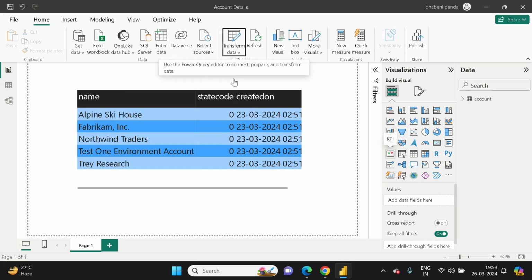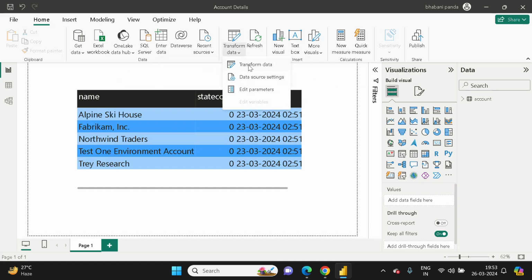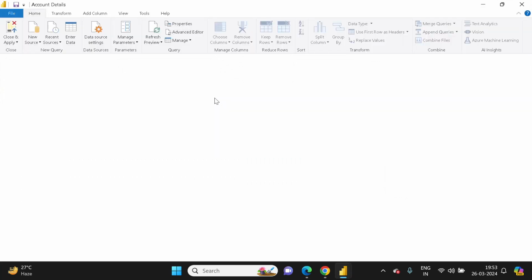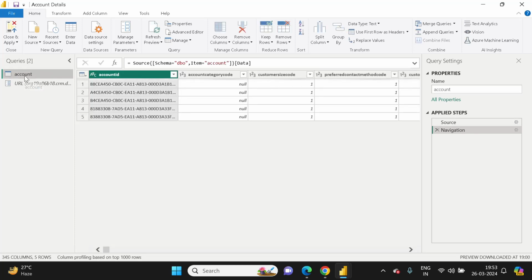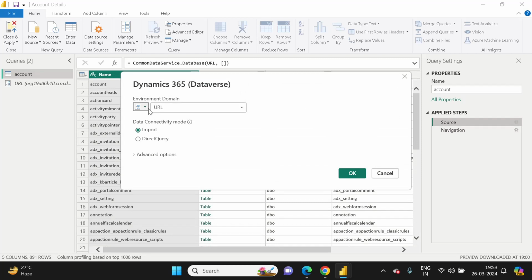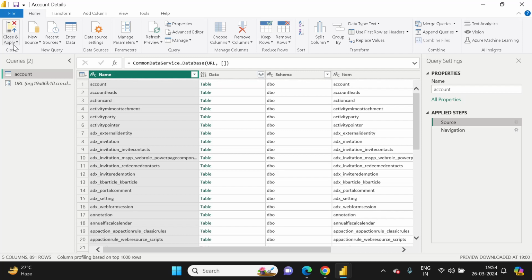When you create a report, you have to go to Advanced, then click on Transform data. Once you have loaded all the tables, click on the table and then click on the source gear icon. Once you click on this, you will have an option called parameter, and the parameter will be available for you. So the prerequisite is that you have to create a parameter before coming to this page. Once you set this URL as a parameter and close this,